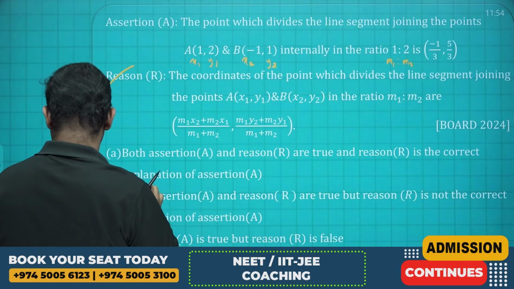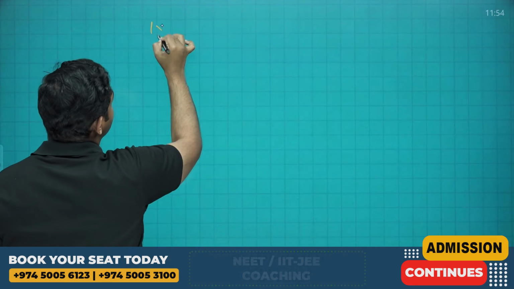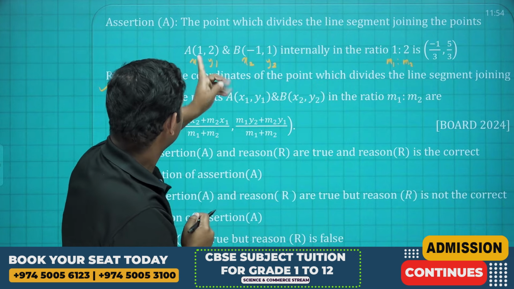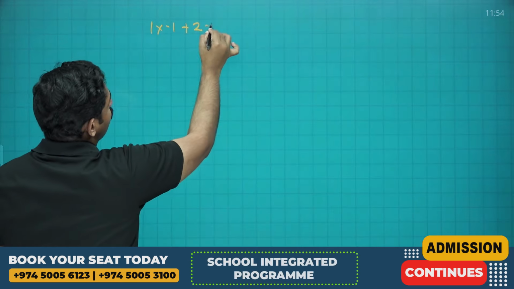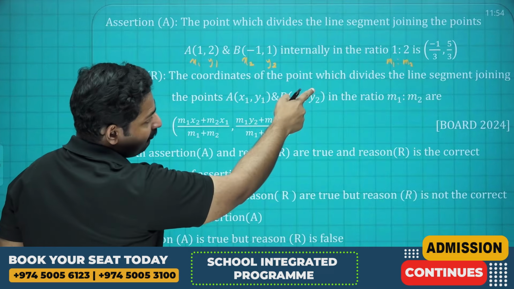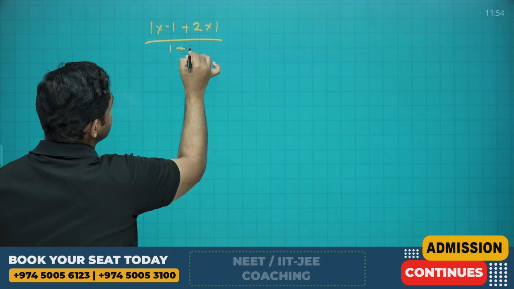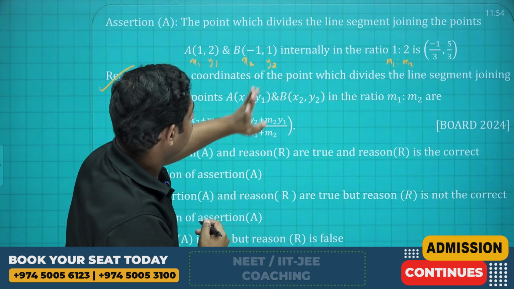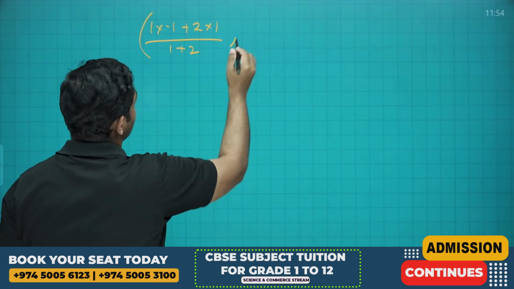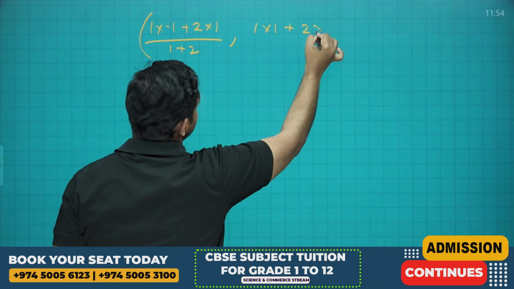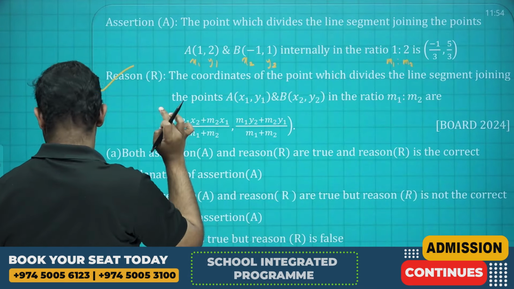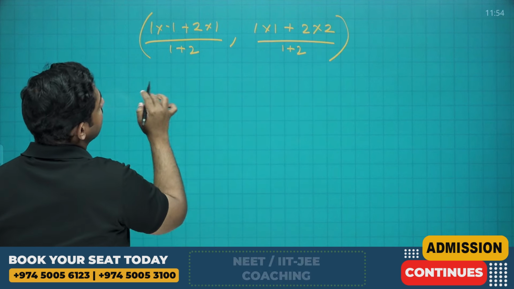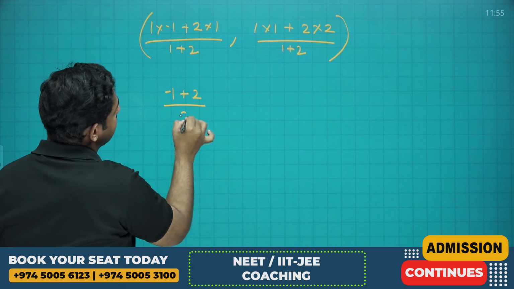1 into minus 1, so 1 into minus 1 plus 1 into minus 1, plus you will be getting m2 x1, 2 into 1, by m1 plus m2, m1 plus m2 is 1 plus 2, so 1 plus 2, comma. The next one is m1 into y2 is 1, so 1 into 1 plus m2 is 2, so 2 into y1, which is 2, by m1 plus m2 is 1 plus 2. So we can check, 1 into minus 1 is minus 1, so minus 1 plus 2 by 3,